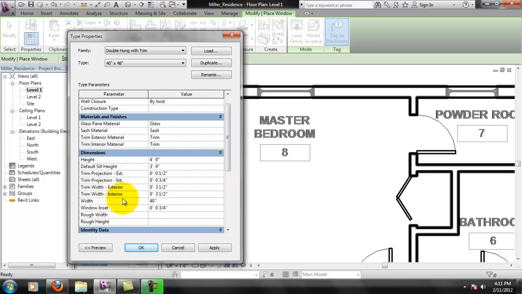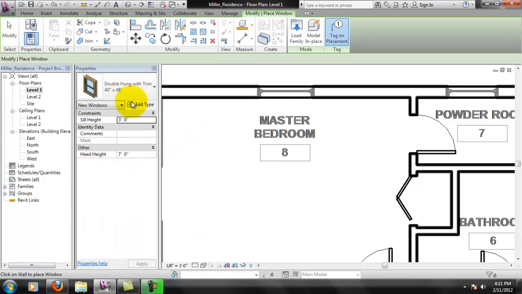While you were in here, you could also make the adjustments to the sill height, you know, how far off of the floor you want that window to be. The defaults are going to be fine, but if you wanted to change that kind of stuff, you're going to do it inside the type property, so you would still want to make your own type for that. And then even still in the actual properties of the window,